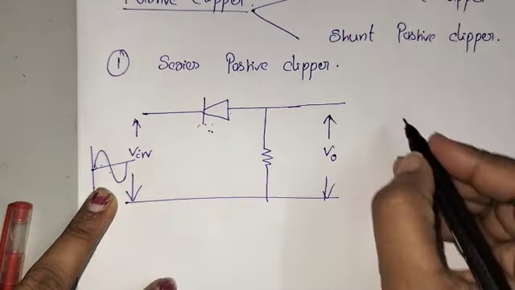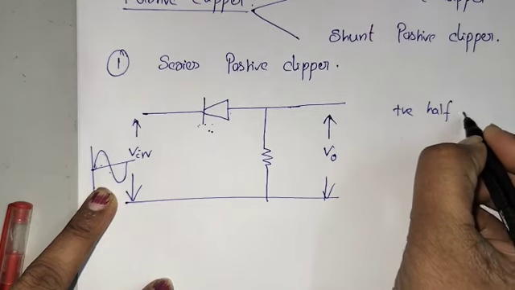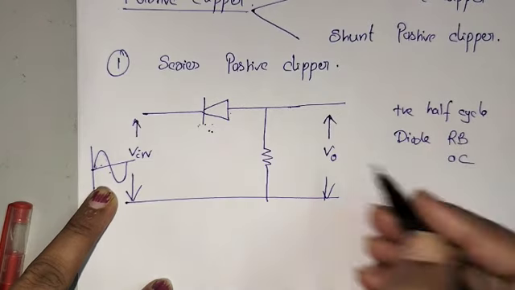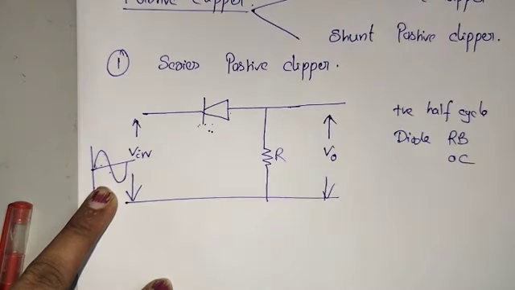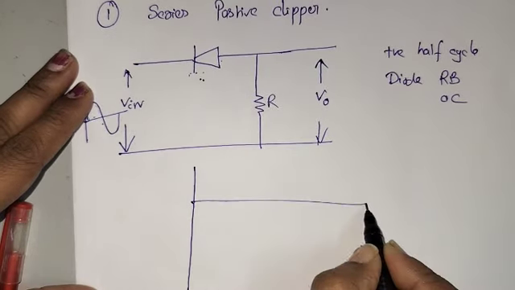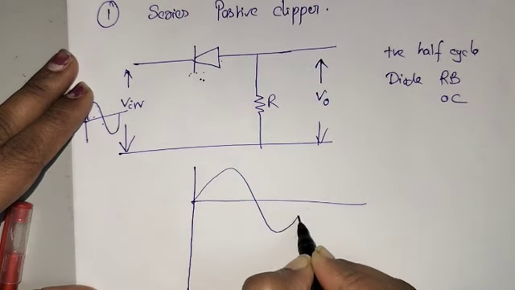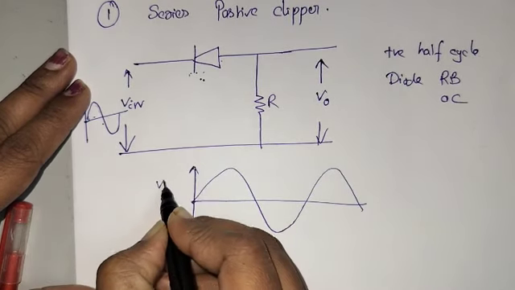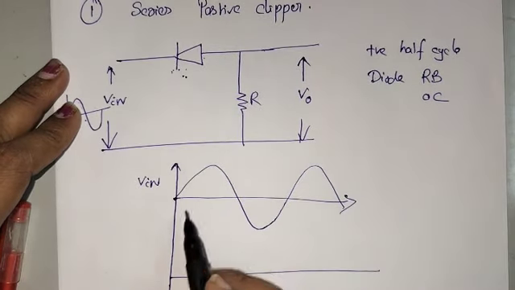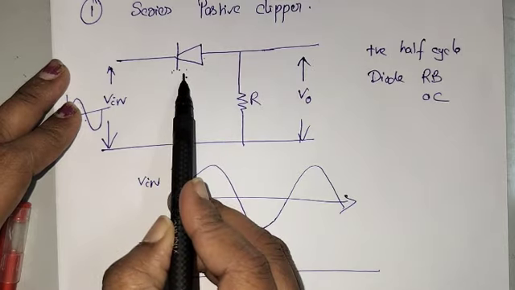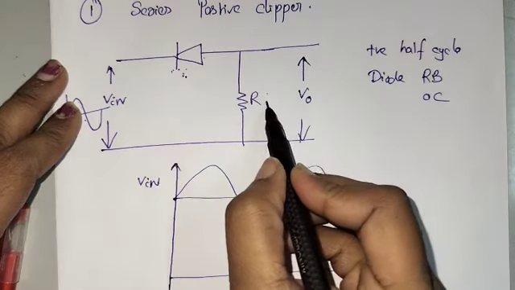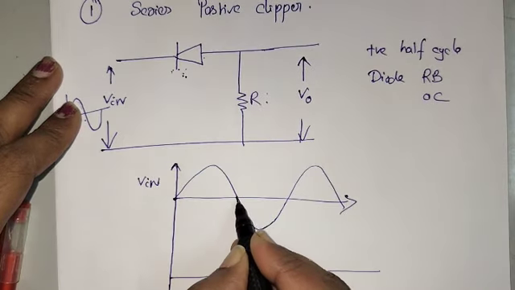So for positive half cycle, diode reverse biased, open circuit. So no voltage across the output. So this is our input waveform V in, and this is our output waveform. For positive half cycle, the diode is reverse biased, open circuit. There is no voltage across the resistance R. So here no voltage. For the negative half cycle,